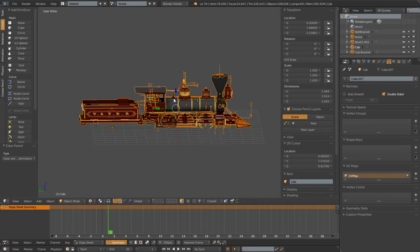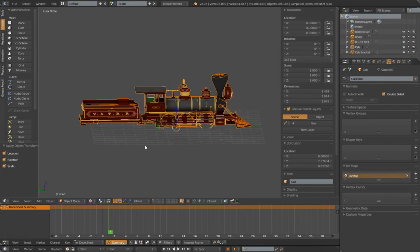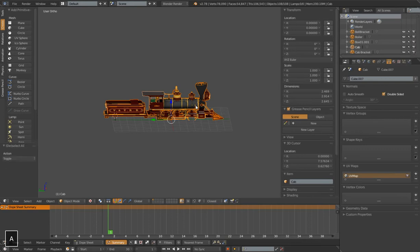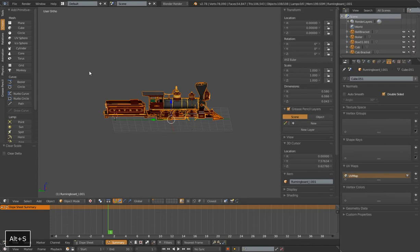It hasn't moved. We can do Control A. We can apply our location, rotations, and scales to all those objects, and now our transforms read 0, 0, 0 for location and rotation and 1, 1, 1 for scale. So now if I select everything and do Alt G R S, nothing moves, and if we accidentally move anything, either accidentally or even on purpose, we just need to move something out of the way, we can work on things. We have this default location. I just select everything, Alt G R S, everything goes back to the spot. So very important